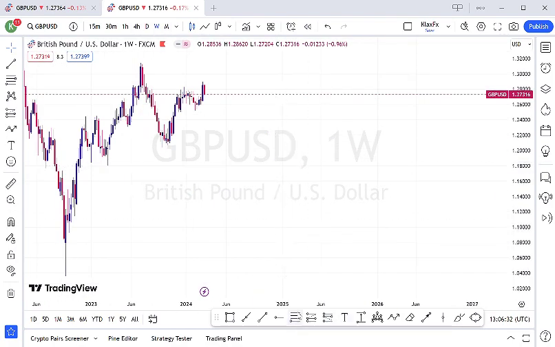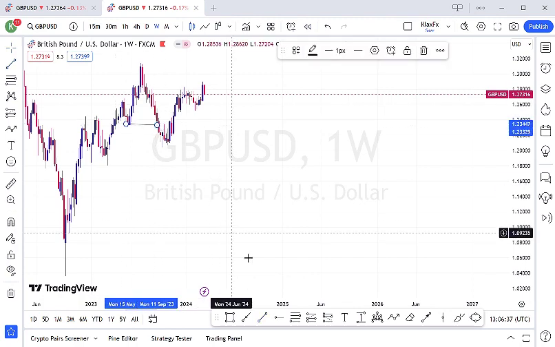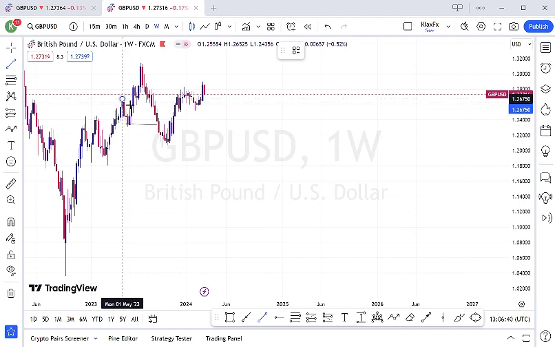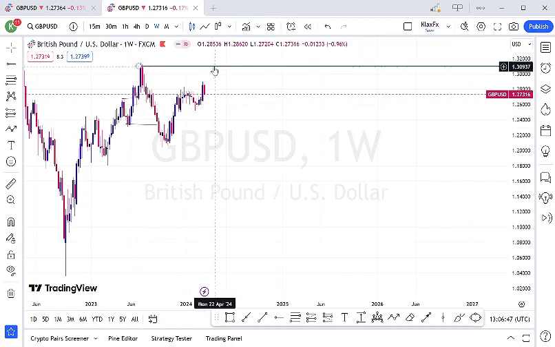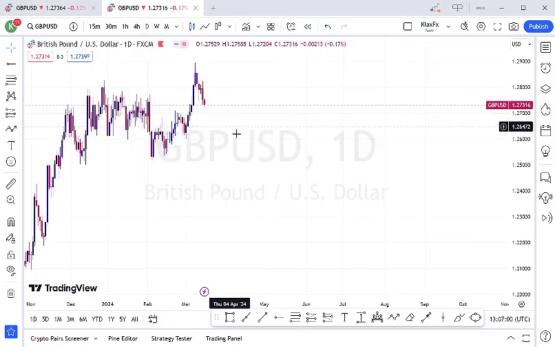So on the weekly time frame, essentially we have a break of structure to the downside. We had this liquidity graph, and we also have our SNR. So this is where we want this market to come to, so that we can sell below. We want the market to come tap into this zone so that we can sell. This is the only thing I can see on the weekly time frame on GBPUSD. So on the daily time frame,